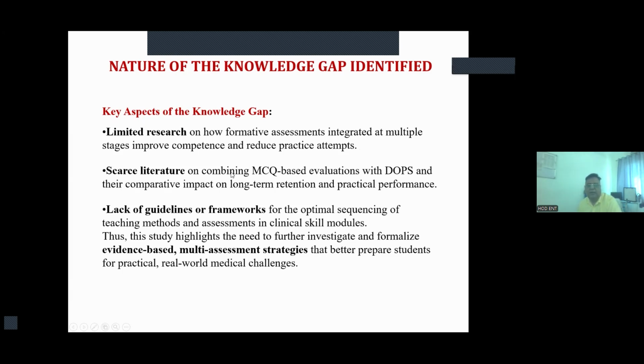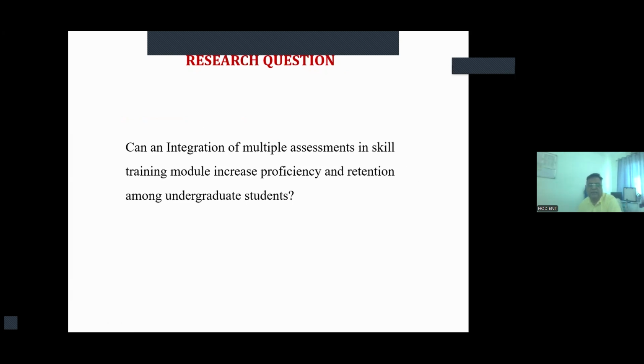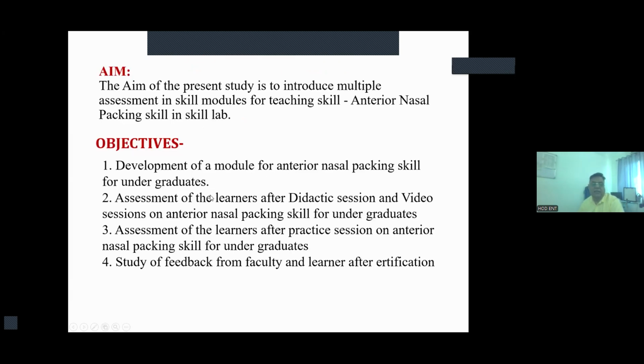Scarce literature on combining MCQ-based evaluation with DOPS, direct observation of procedural skills, and their comparative impact on long-term retention and practical performance. Lack of guidance or framework for the optimal sequencing of teaching methods and assessments in clinical skill modules. Thus, the study highlights the need to further investigate and formalize evidence-based multi-assessment strategies that better prepare students for practical real-world medical challenges. The question was: can an integration of multiple assessments in the skill training module increase proficiency and retention among undergraduate students? And the aim of the study was